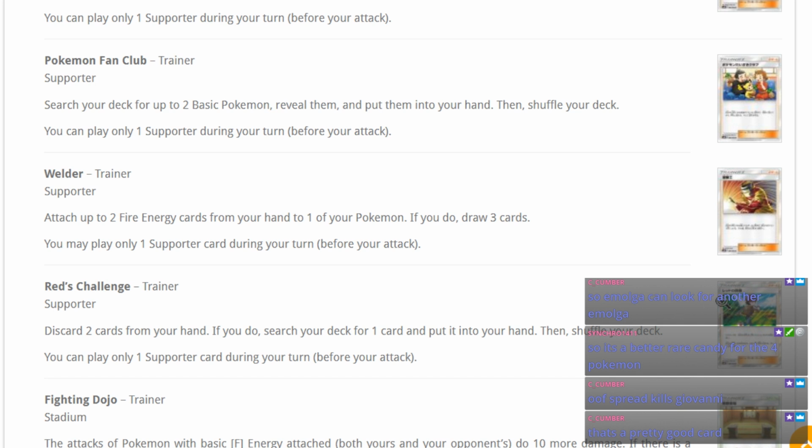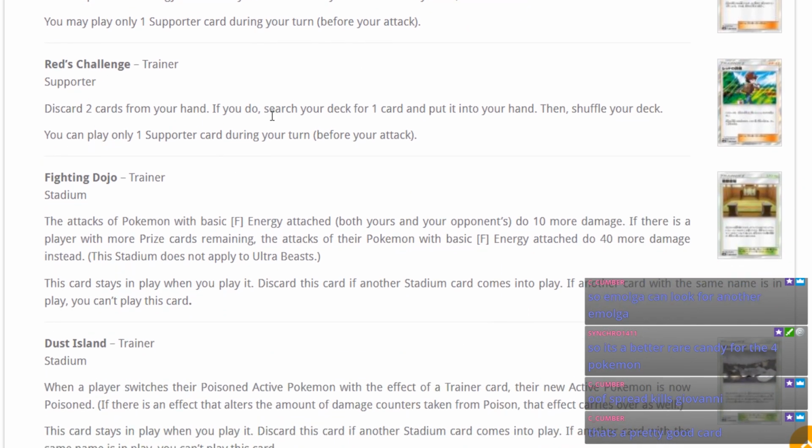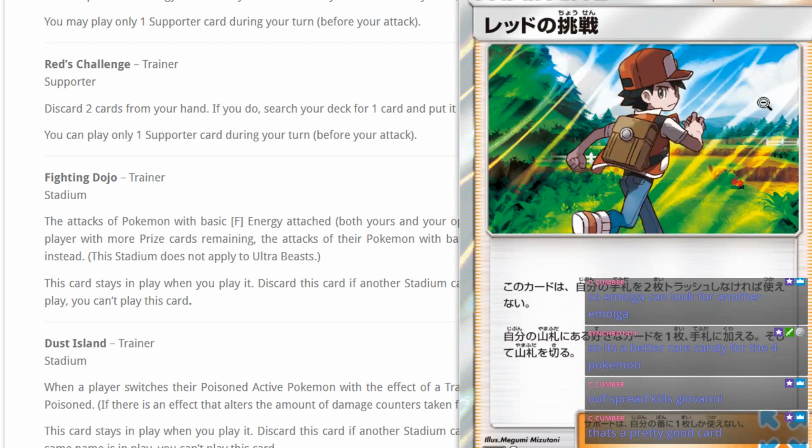Red's challenge. There's a card. Red has a card now. That's interesting. Discard 2 cards from your hand, and if you do, search your deck for 1 card and put it into your hand. So I don't know how good this is. It's really nice because you can grab any 1 card, but discarding 2 cards is kind of difficult in standard. So I'm not too sure how good this card is. I don't know if there's many decks that would play this card over...